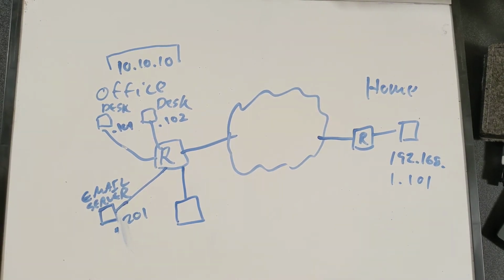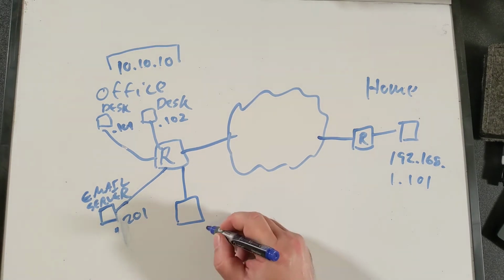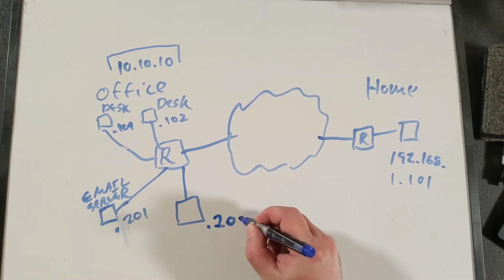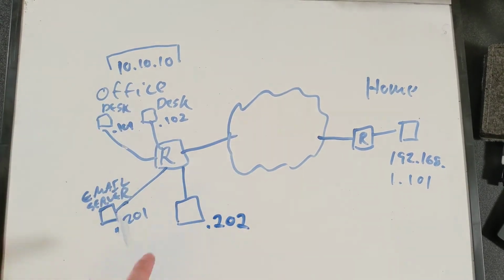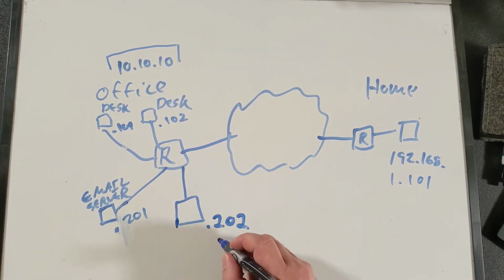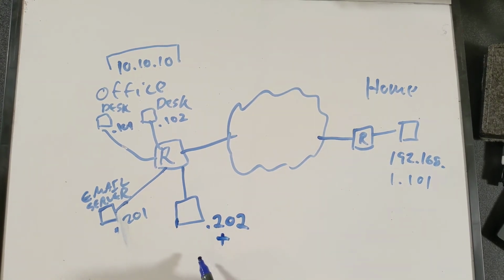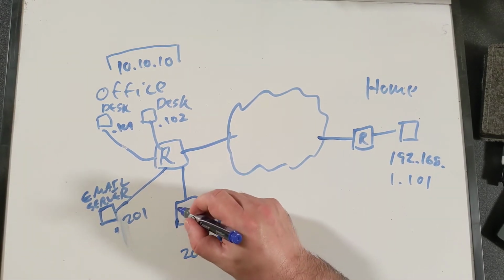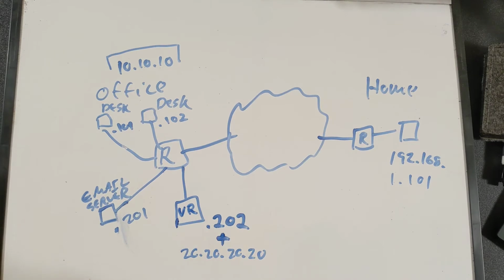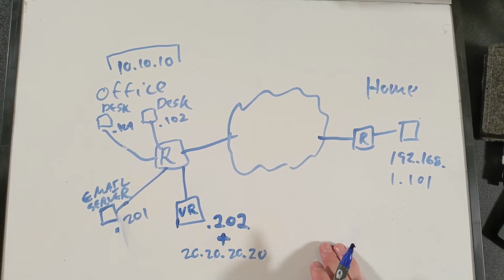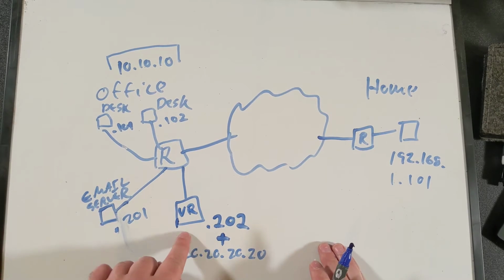And the most straightforward way to do that is to add another server here, which is going to be the VPN server. And I'm going to go ahead and give it an address on this local network. It's going to get a private address. But we're also going to give this machine a public address. So it's going to have an additional address. It's going to be, I don't know, 20.20.20.20. And so this machine is now accessible from the public internet. And we're going to mark this as being a virtual router. It's a VPN server, but the role that a VPN server plays is being a virtual router.